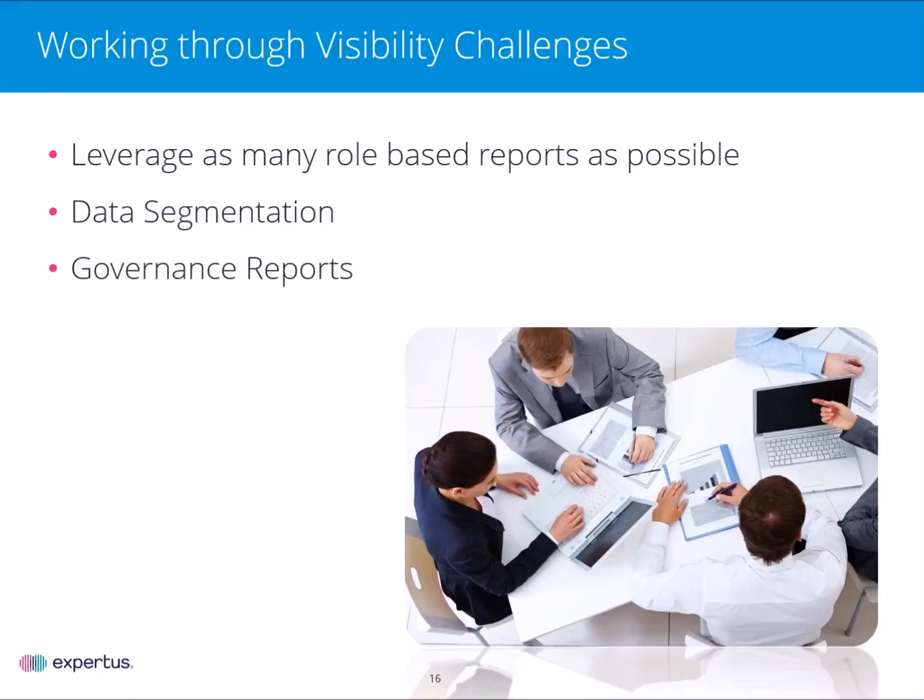Maybe you want to track classes delivered, but they're pending for completion, keeping your instructors honest and marking for their completion. Or even looking at admin roles and who's actually using the system and how they're using the system. And maybe you can pull back some of the access settings if needed. So that's definitely something to consider as well when you look at who should be able to see